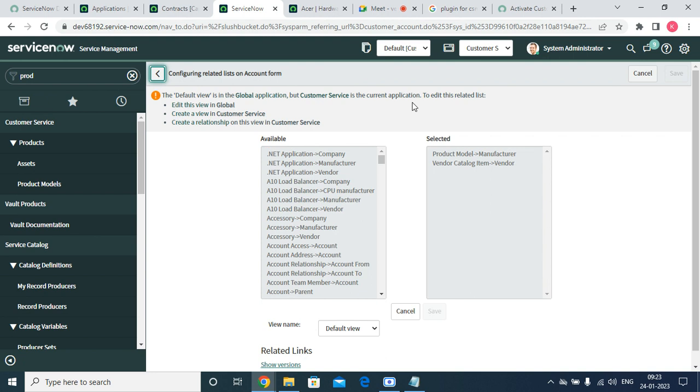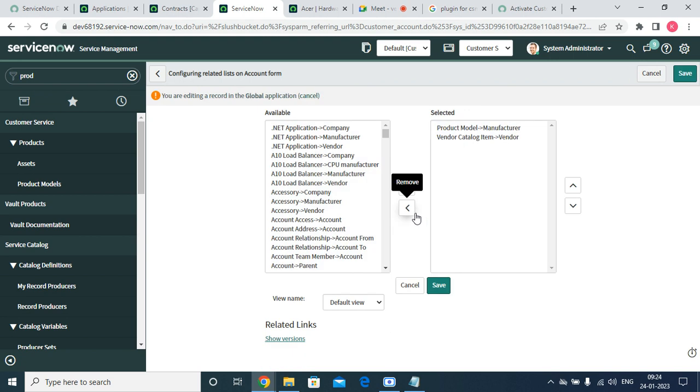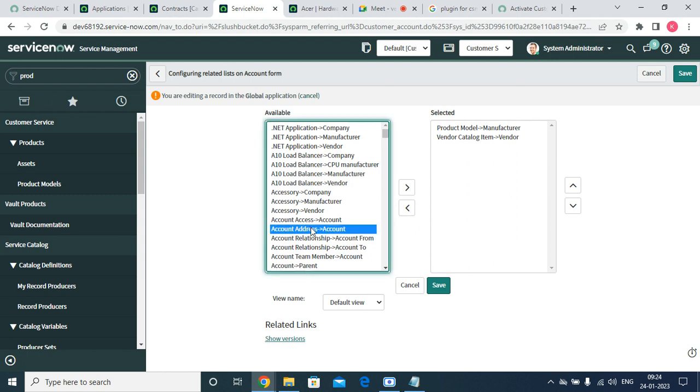Now this is on the customer side; currently this is in the global scope. So to edit the view, global. So this is the global scope, but we are in the customer service scope. So whenever we are making changes, we need to check what the scope of that one was. So I'm just going to add to the contract,